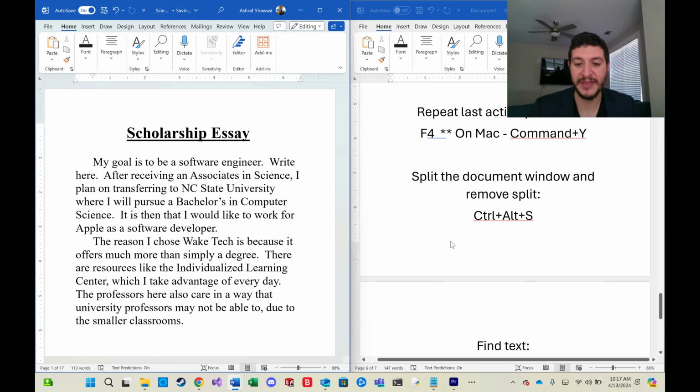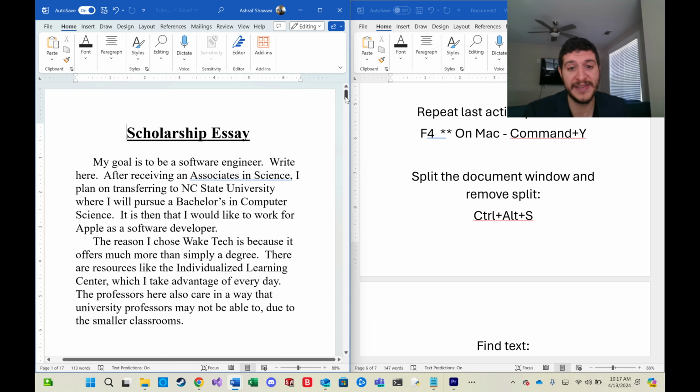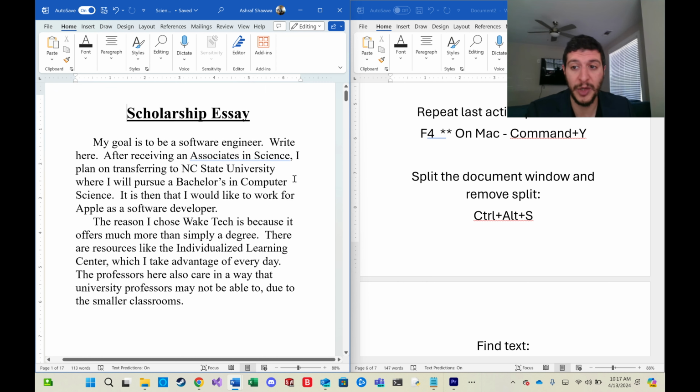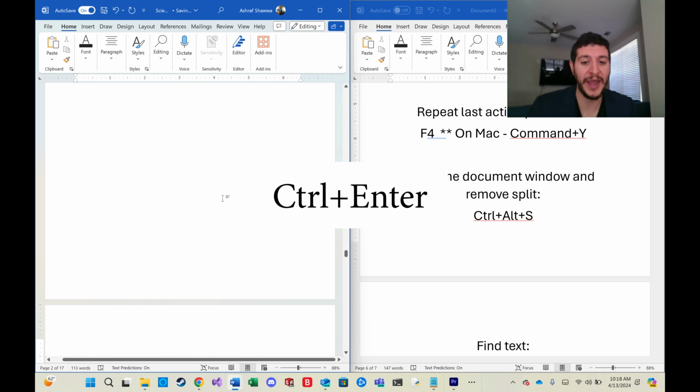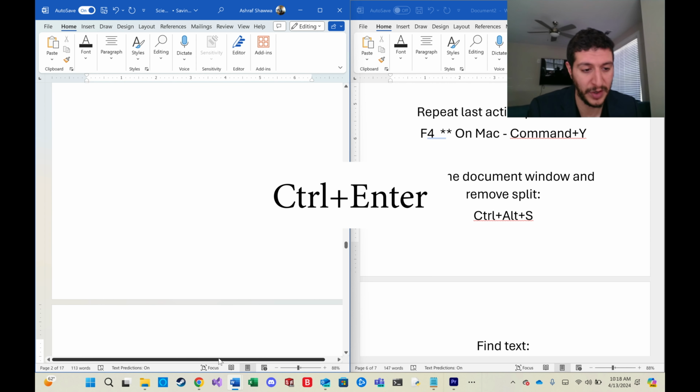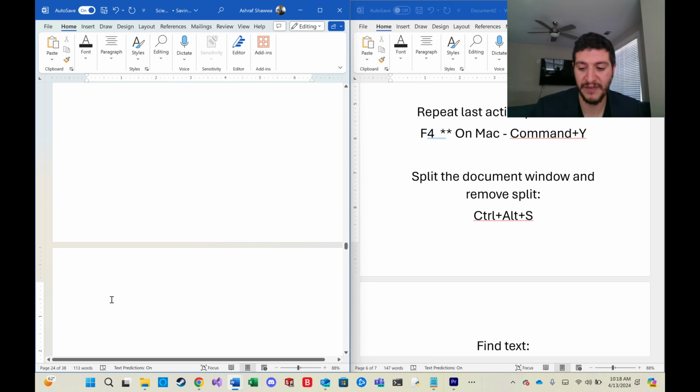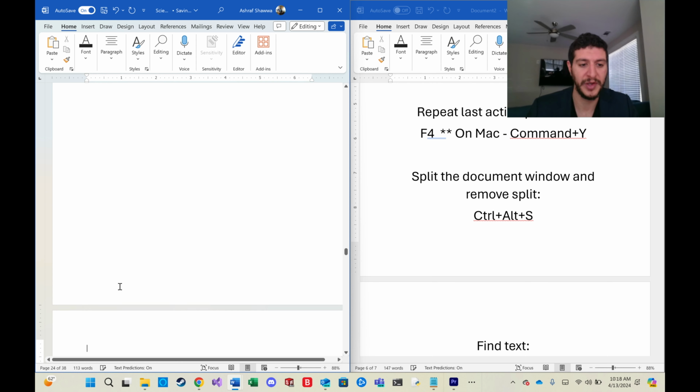You can split the document. This can come really useful when you're writing a report and you've got like a 20-page essay, and for some reason you remember something on page 1 and you want to expand on that. So let's go ahead and go a bunch of lines in. And by the way, Control Enter is another hotkey while we're working on this. It allows you to page break. Instead of having to hit enter until you get to the next page, you should push Control Enter. All right, so we got here,